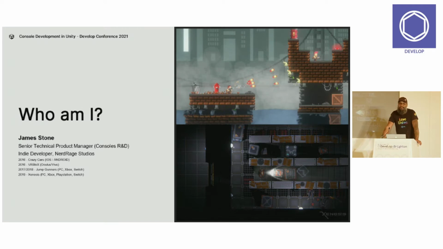I'm not going to say that my games are amazing or wildly successful, but I'm pretty proud of them. I've been through the same process that all of you here have been through, and I was an indie developer before I joined Unity. So when I joined Unity, I had a varying love for the process of bringing games to multiple platforms in Unity, which helps inform what I do even today.